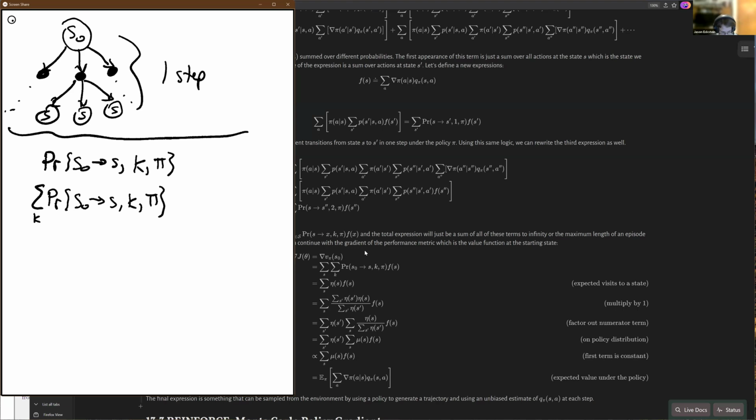And what this is really saying is, what is the probability of going from S naught to S after 1 step, 2 steps, 3 steps, multiple steps? But you could also think of it as the sum over cases of